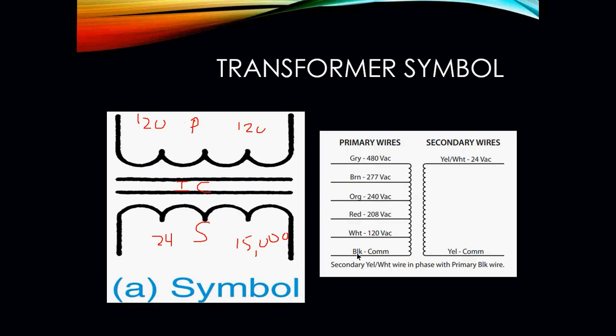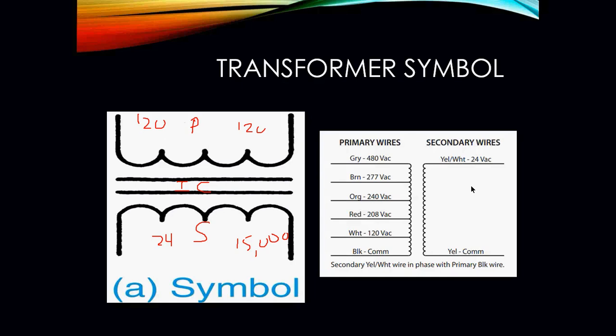So for example here, if I had a 120 volt circuit that I needed to wire, I would simply wire my white and my black wires to give me 120 volts, and then I would wire nut separately my red, orange, brown, and gray. They were no longer used. But if I needed to wire this for a 240 volt primary circuit, I would take my orange and my black and wire those, and then wire nut separately my white, my red, my brown, and my gray, because they would no longer be used. And then my 24 volt circuit would be just my 2 wires like it normally would be. Okay, it's just another